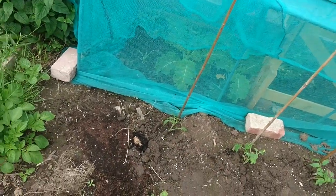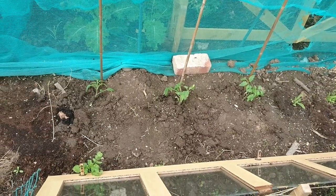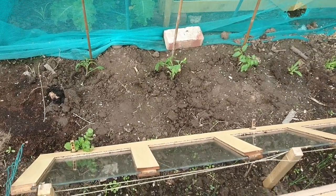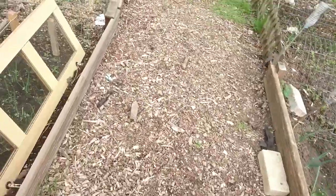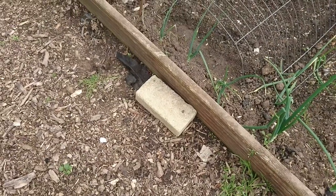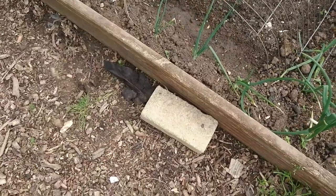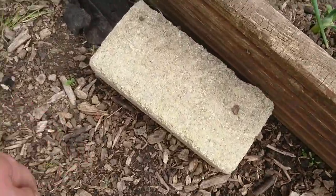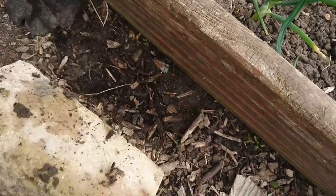All the slug pellets you can see are the organic ones. They seem to be working really well. With slug pellets, if it helps anyone, I put a few around the plants, but also some in random places. I get a lot of bricks around. Bricks are handy to have, they hold down netting and other things, but slugs also like bricks because they like to hide under them. So you can move them out of the way,